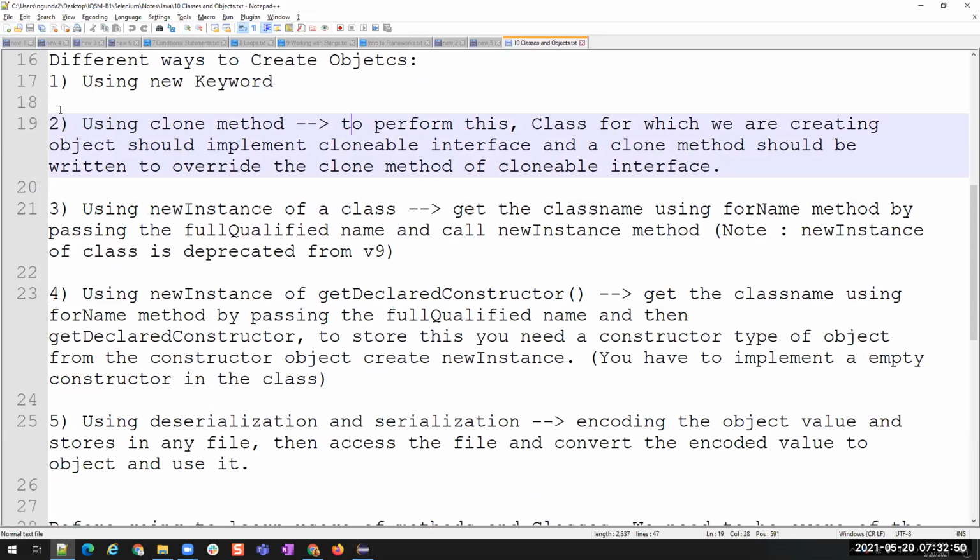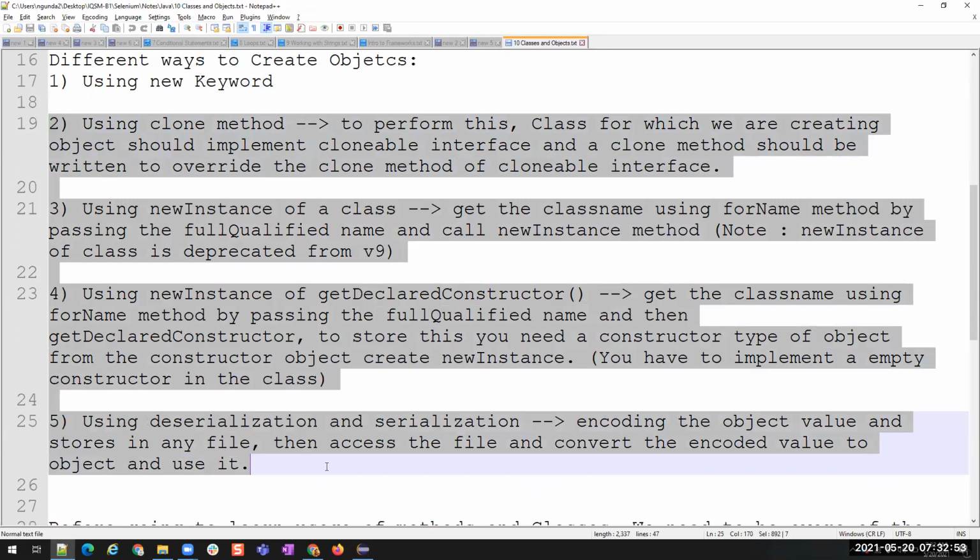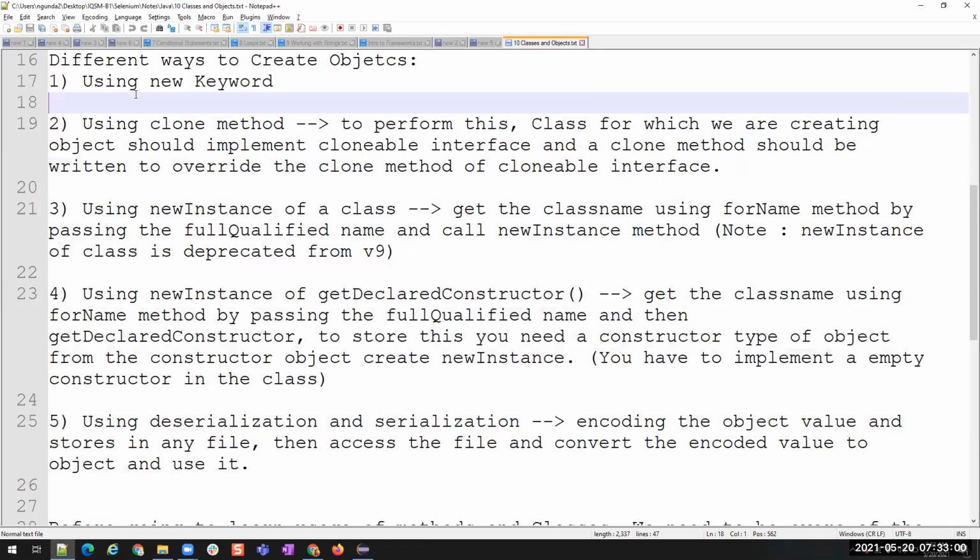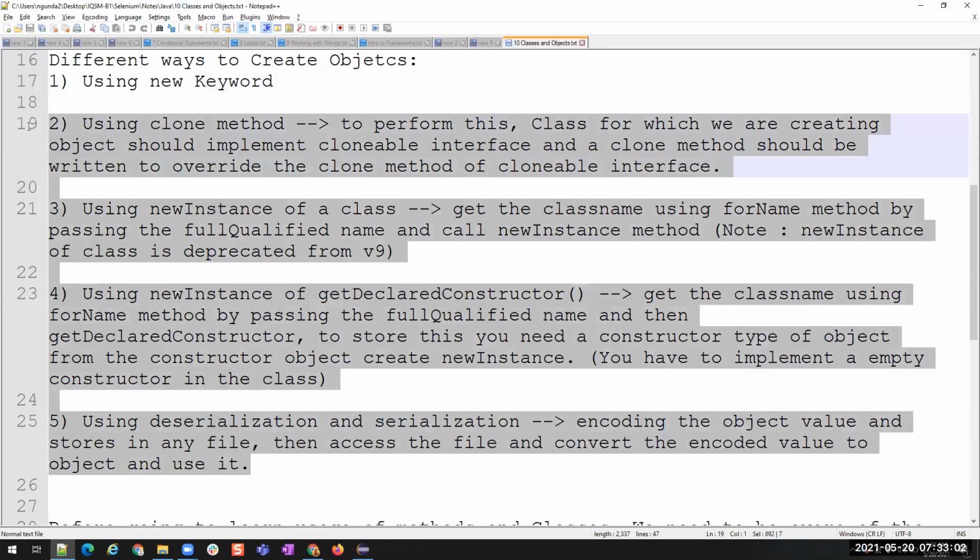Now these are the other methods of creating objects. These are only for interview purposes. We are not going to use them in real time, and instead of a single line, they are going to make us write a hell of a lot of code. That is why we are not going to use them. You can give this information if somebody asks you in an interview how many ways there are to create an object. There are 5 different ways, out of which some are already deprecated by Java, which means we cannot use them. But still, they might ask you how many ways to create objects, and we can give this information.